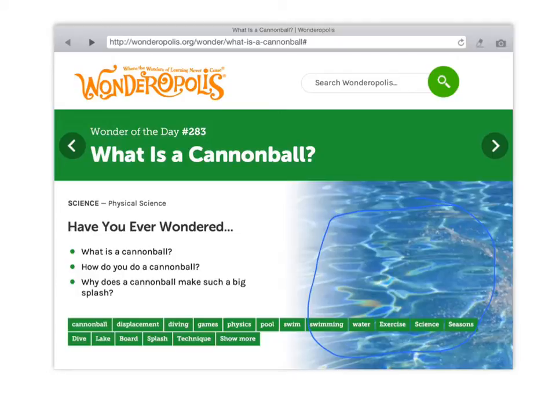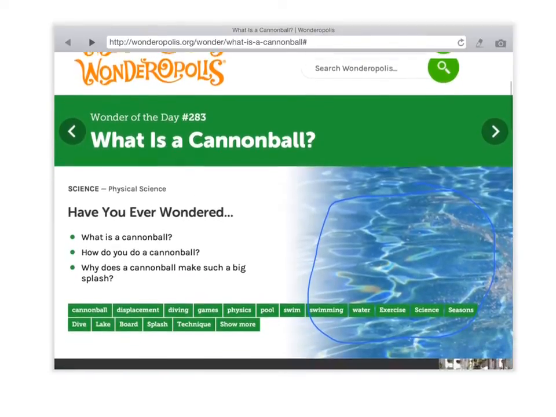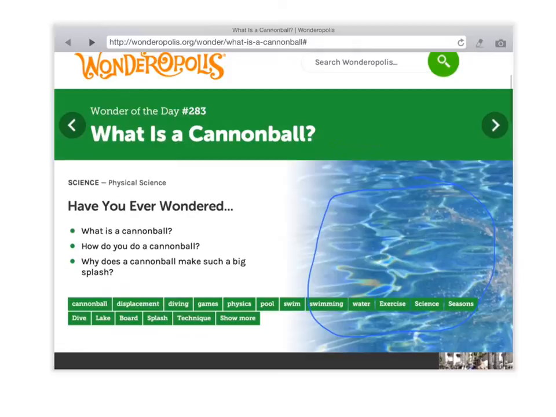And at first, I was thinking about the two different meanings of cannonball, one being the cannonball that they used in wars in the 1700s, and the other the kind of cannonballs we did as kids in the pool. And since we've got a picture of a pool here and water, I'm assuming that this is going to be the article that I want, because I'm thinking about when I was a kid swimming with my cousins, how when they would jump in the pool and they were a lot bigger than me, they would be able to make a much bigger splash than I did.